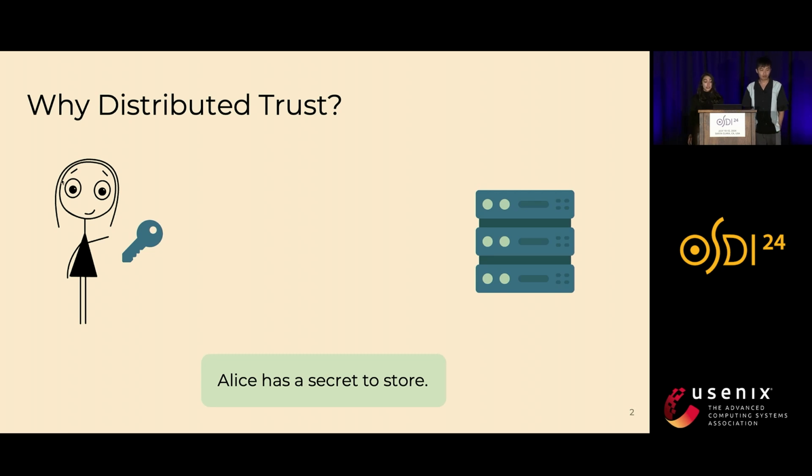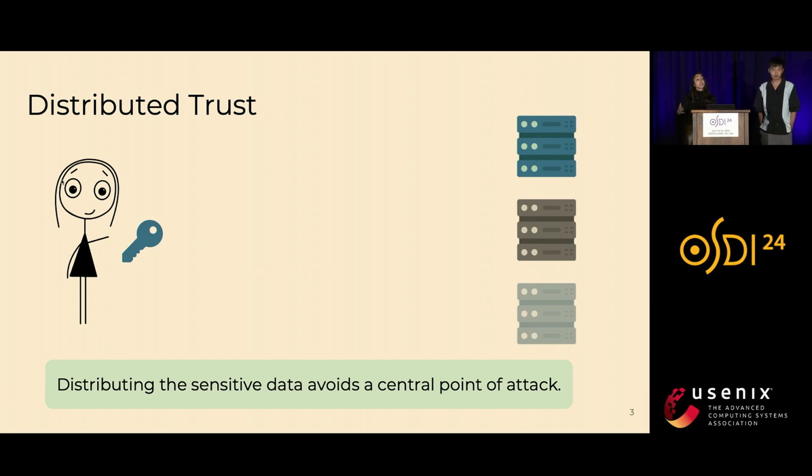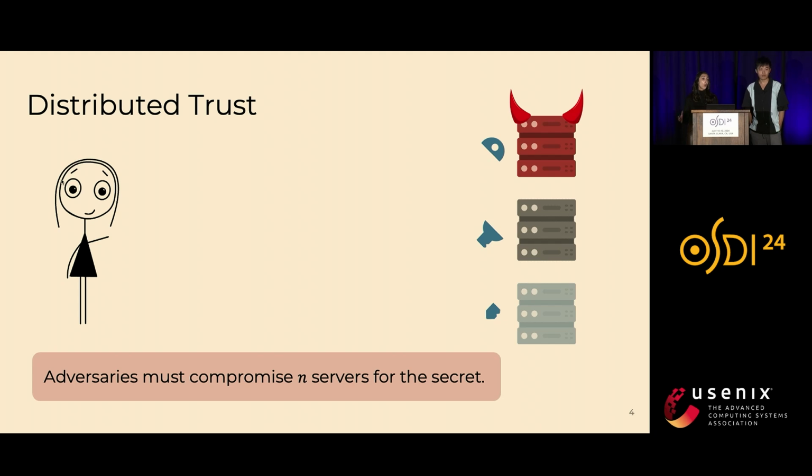So what is distributed trust and why is it useful? Well, suppose a user Alice has a secret to store on a server. She can do so, but what if that server is malicious or compromised? In this case, the server is a central point of attack. Enter distributed trust. Under the distributed trust paradigm, Alice instead splits her secret into several pieces and distributes them among the servers. Distributing the sensitive data avoids a central point of attack, because even if one server, or up to n-1 servers are compromised, adversaries must now compromise all n servers in order to recover the secret, so Alice's data